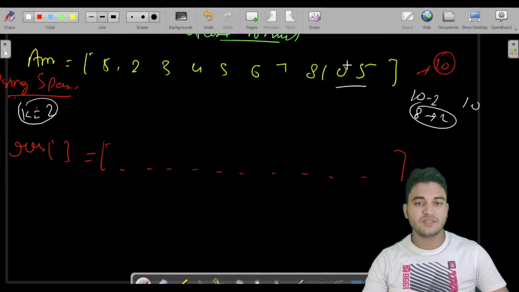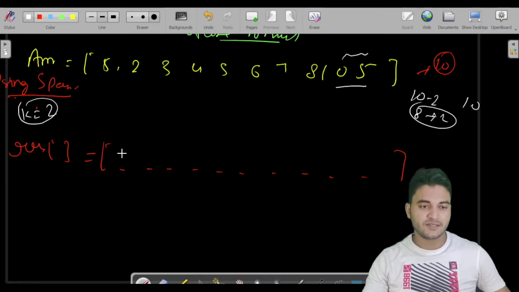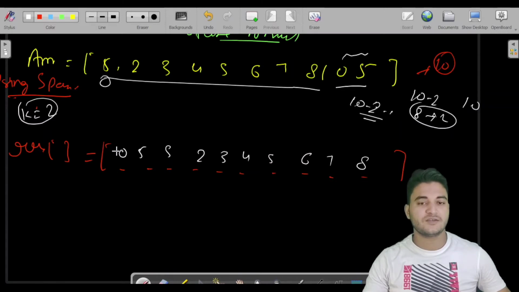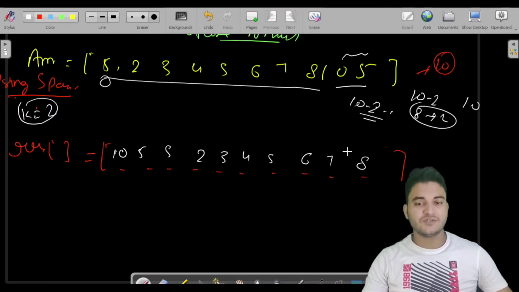So you will pick these two numbers and put it here, let us say 0 5, and then you will start another loop from 0 to 10 minus, let us say, 2 or minus 1; we will see what exactly the condition is. Then you will put these elements as 5 2 3 4 5 6 7 8, fine. This is 10, actually I think this is 10, whatever, we just have to rotate the array, fine. So you can use this approach. So let's see how we are going to code it.